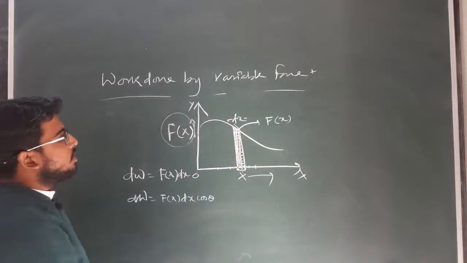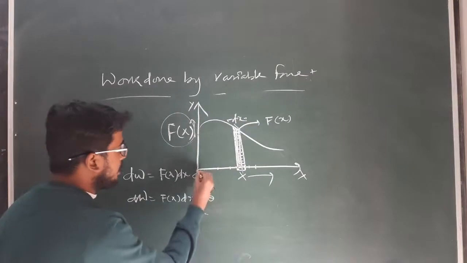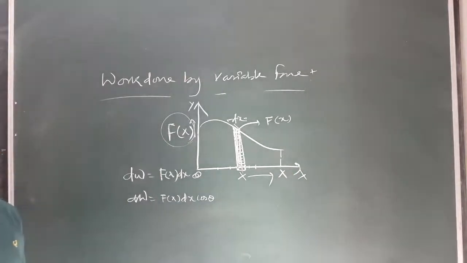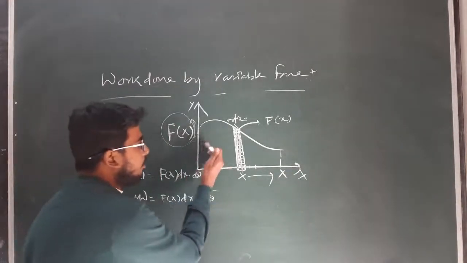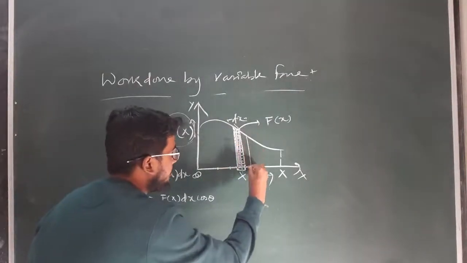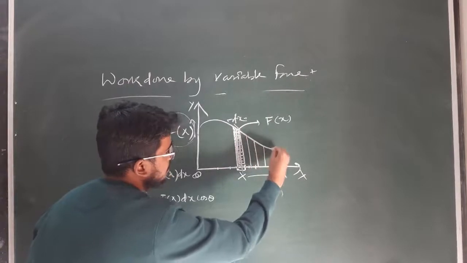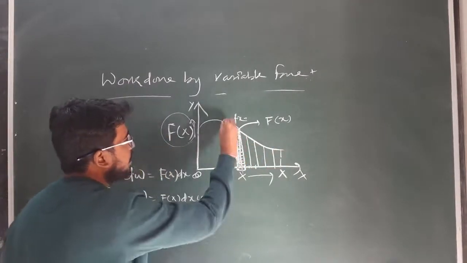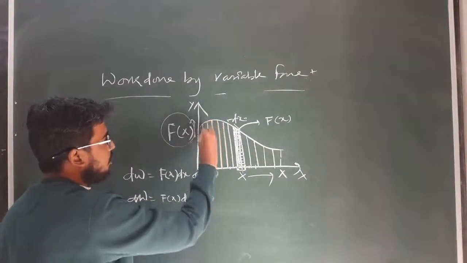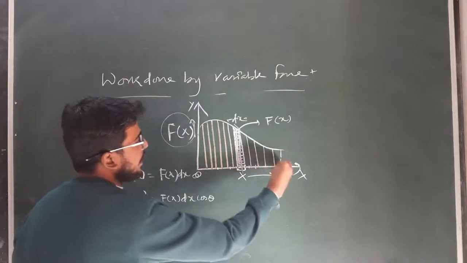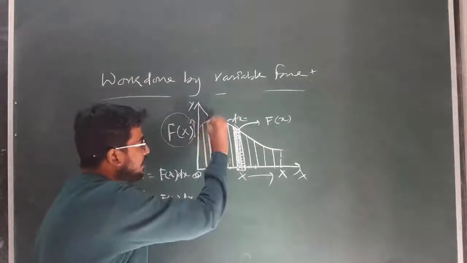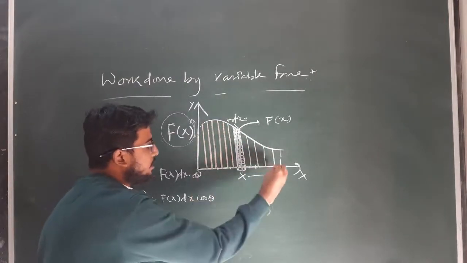But we want to calculate the complete work done during this motion from, let's say, origin O to a certain displacement x. Then how can we find out? If we divide this complete region into very small portions like this of width dx and combine them, then we will get the complete work done due to the variable force f of x by displacing the body from origin 0 to point x. So by combining this, that means we have to integrate over the complete region from the position 0 to x.